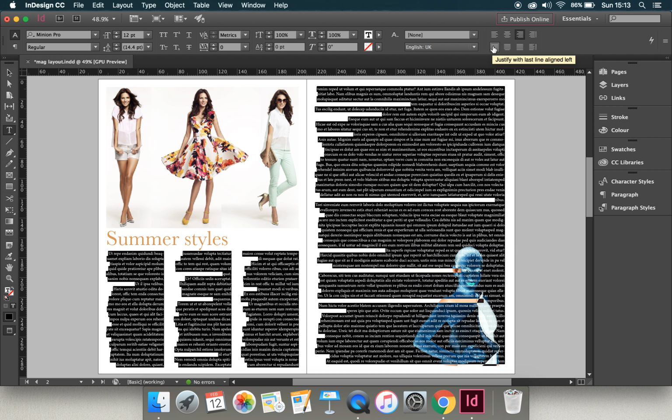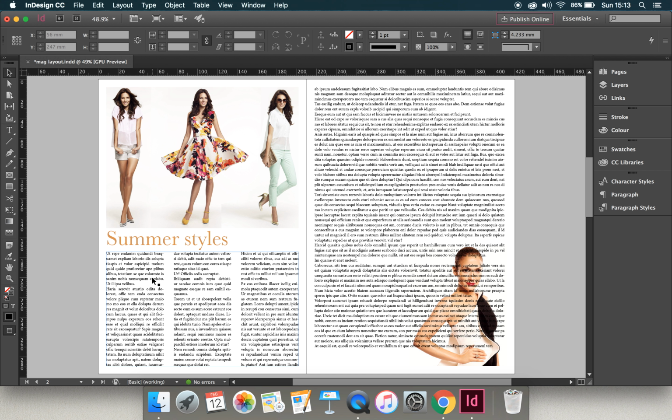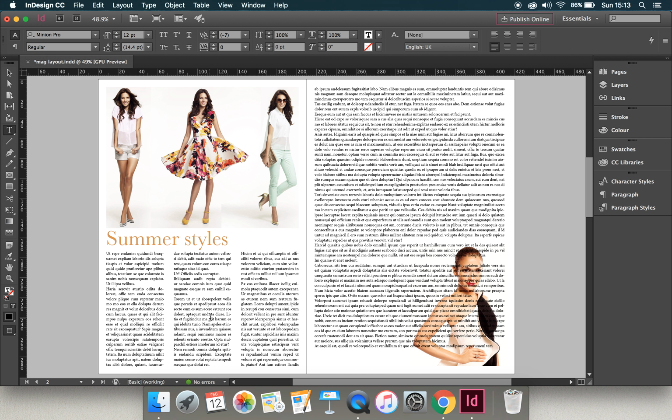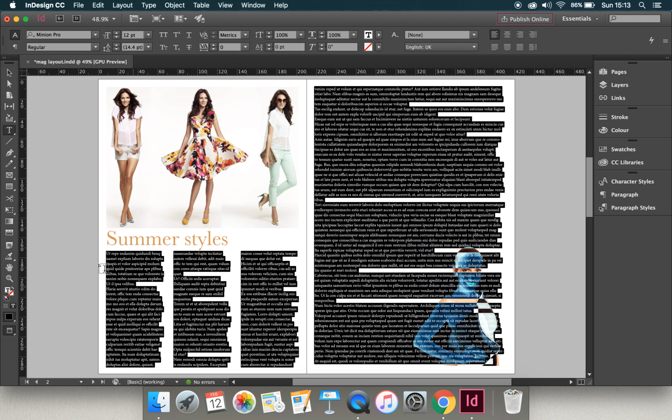News publications tend to have this one, justified on both sides with the last line aligned left. So if we did that, it looks like that. If I just click off it, you can see that's what it looks like with straight edges, which you might prefer. Some magazines have got justified on both sides with wide gutters. Others have slightly less wide gutters and keep it ragged on one side. So I'm going to Control Z and Control Z and Control Z, and I'm back to where I was,